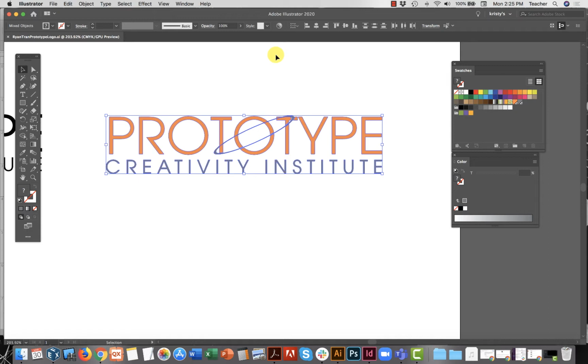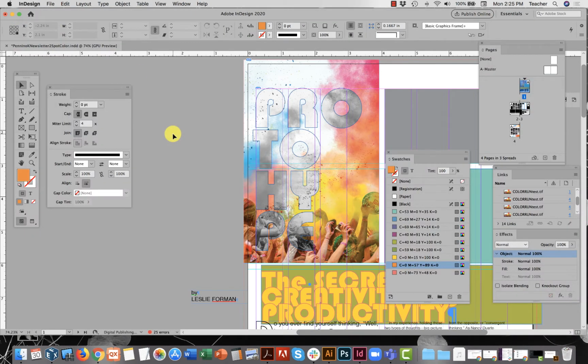The reason why I'm using these two spot colors is so that I can keep the two colors I'm using for this logo throughout my entire newsletter. But watch this. I'm going to show you a really cool shortcut to getting the correct color swatches onto your newsletter layout. So I'm going to take this logo and copy it onto my clipboard. Command C. I'm going to minimize this window and go down to my